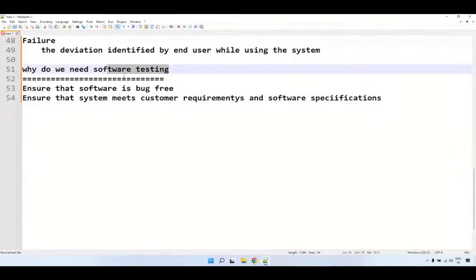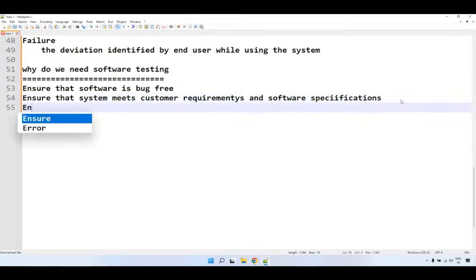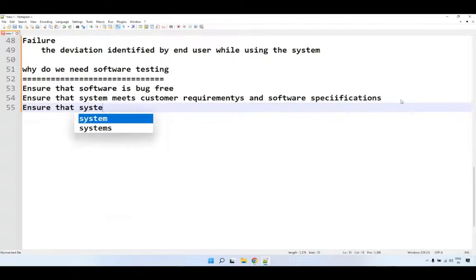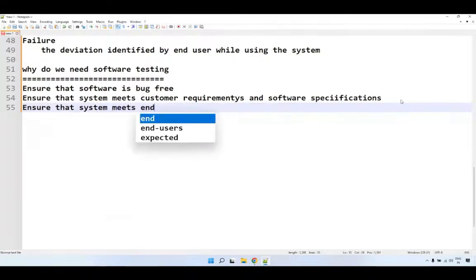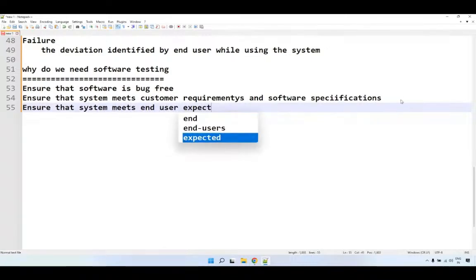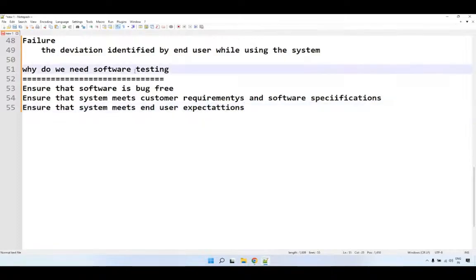Also, customer is providing you some expectations. To check whether the software or the system meets customer expectations or not, you need software testing. Ensure that software, I can say simply, system meets end user expectations or not. For checking that, for ensuring that, you need software testing. And one more important point,